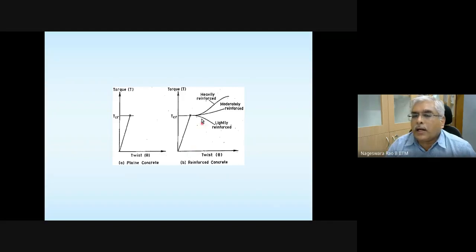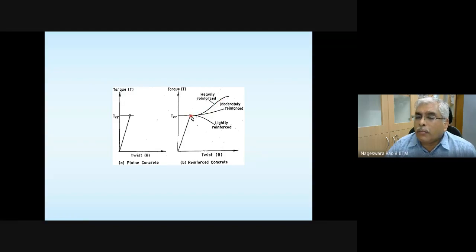And you can see here, after reaching this critical torque or critical torsional moment, the plain concrete member failed, or it is separated or broken into two pieces. Whereas here, since it is reinforced, the steel is going to come into play, and it's going to stay there for a while.